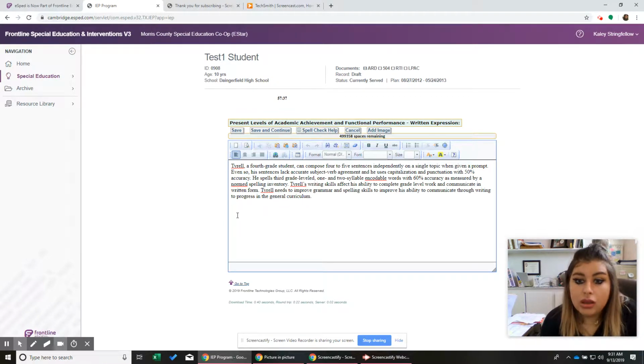That's our target. So y'all know that writing is used in every subject. So this is so important. We need to know how our students are doing in writing. Just because they're in high school and they have an ELAR class, we still need to know how they're doing in reading and how they're doing in writing. They're two different things, and they're both so important to their success. So please make sure you're doing that, because if not, we're going to have to go through it in ARD, and it takes a lot longer than if we just do it on the front side.